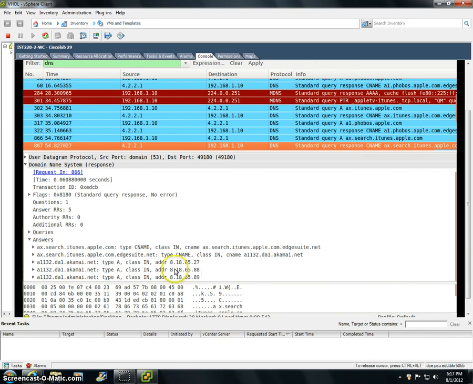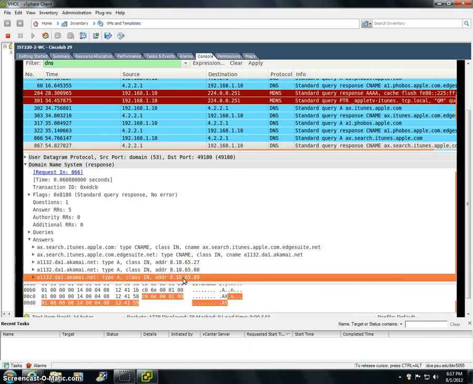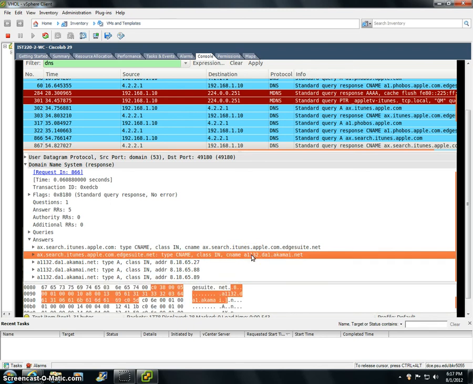And you can see here that there are 3 IP addresses, and then the CNAME again is right here. So that answers A1, A2, and A3. And then it asks for